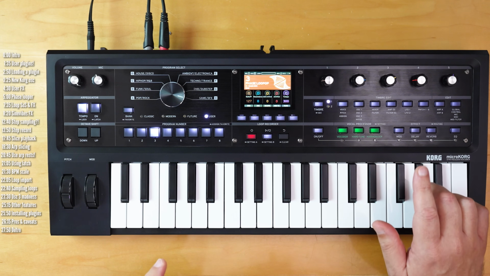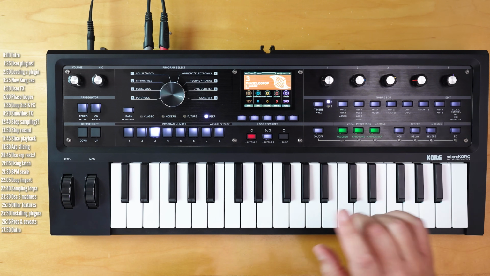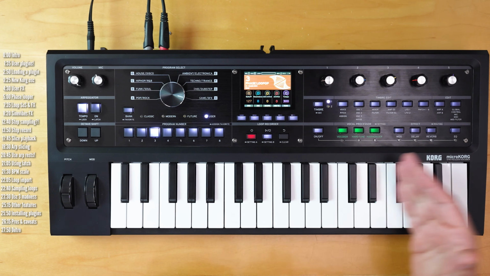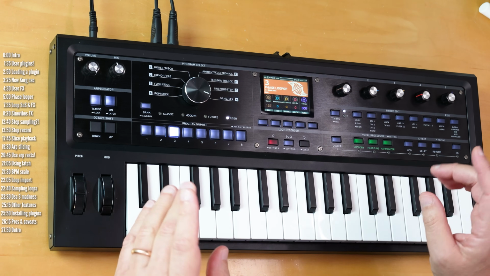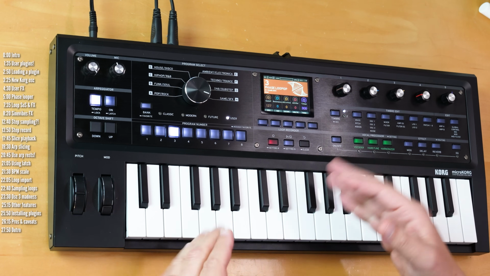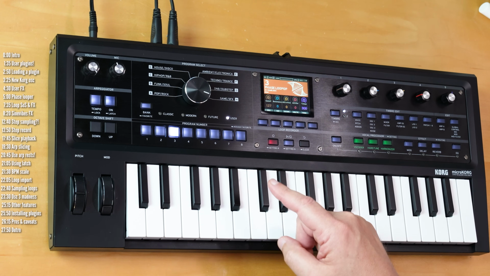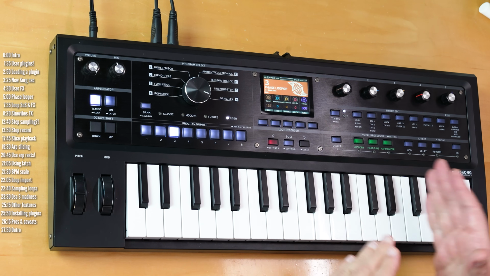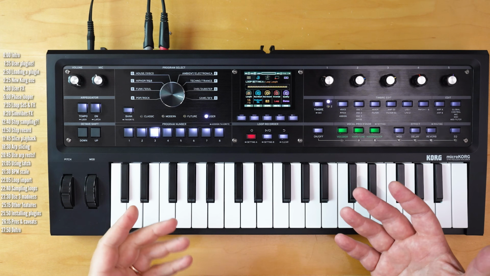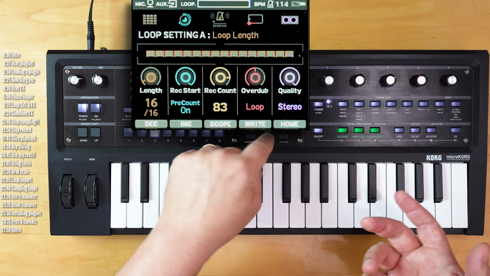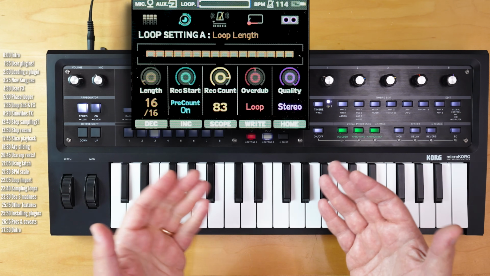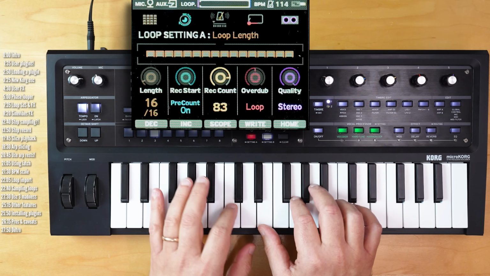The next big new thing is a very interesting update to the audio looper that lets you step sample into the loop and then arpeggiate your way through loop slices. Let me explain. When it came out, MicroKORG 2 had, very non-traditionally, an audio looper rather than a note-based MIDI sequencer. So if you wanted to create a sequence, you had to perform it in real-time live. So hit record, play, you get a metronome, but you're pretty much on your own,